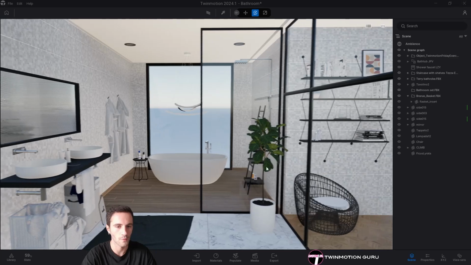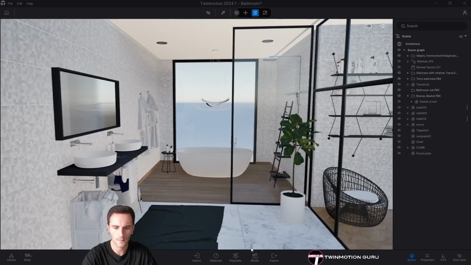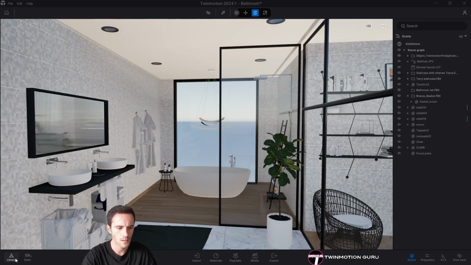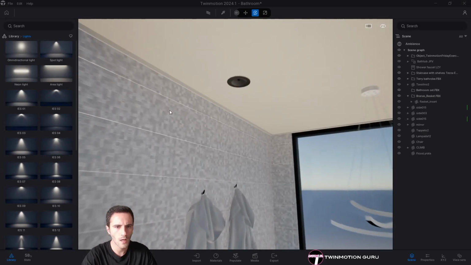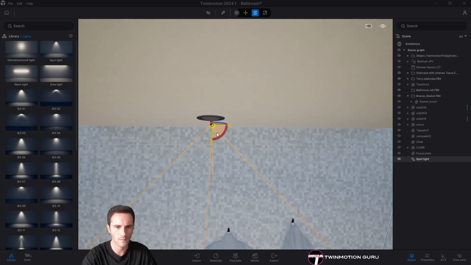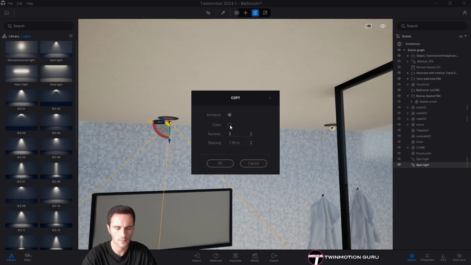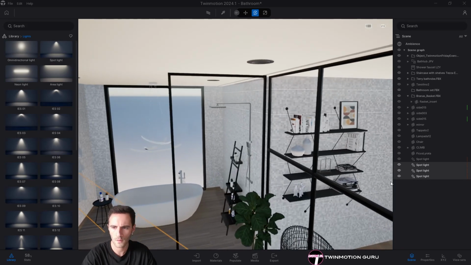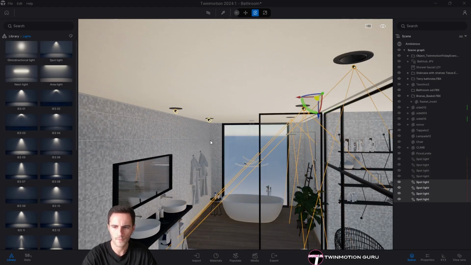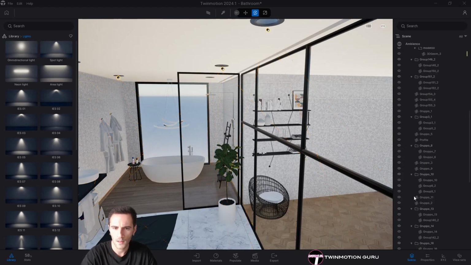There are a lot of 3D models that you will find inside my free user library, but I think you already know it. And I think that we can start with the media, but before that, maybe I'm adding some lights. And about the lights, I'm only adding at the moment spotlights here, only with the, let's say, kind of the default settings. I'm just creating some instances. Let me just instance it 3 times and duplicate it this way. Okay, instances. And all this inside a new container, lights,